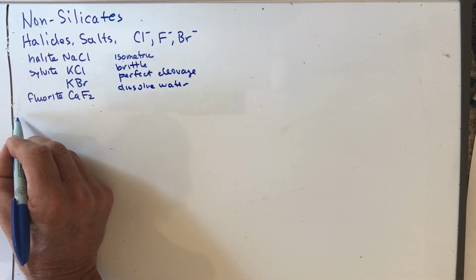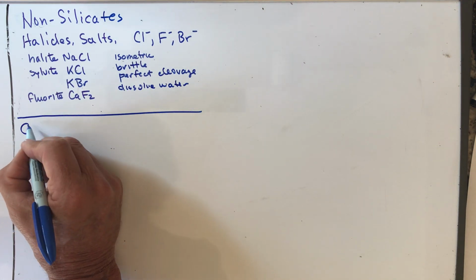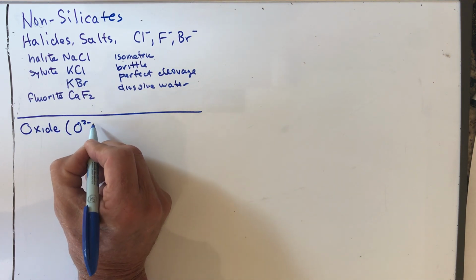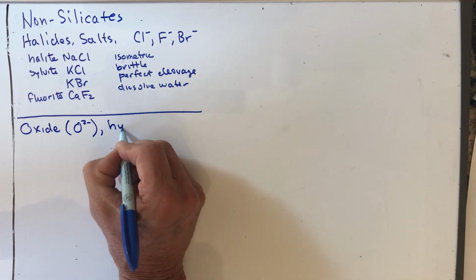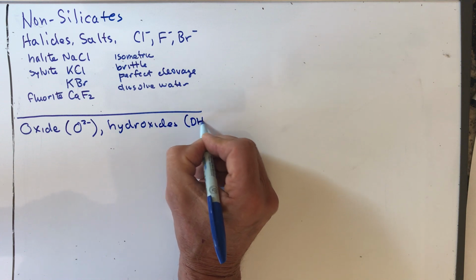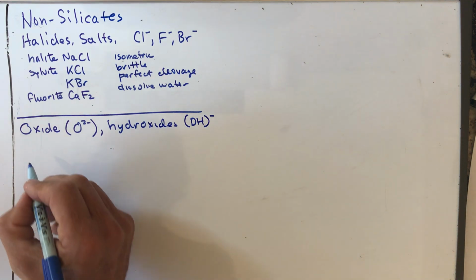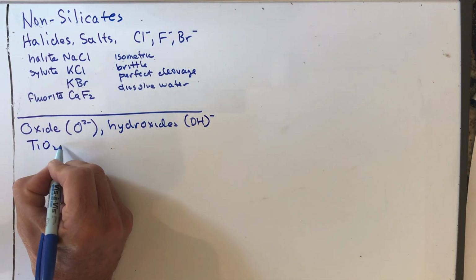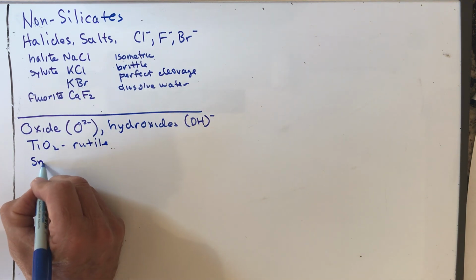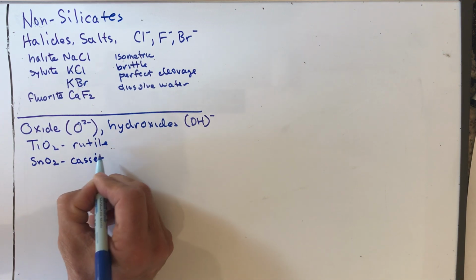The next group we're going to talk about are the oxide and hydroxide minerals. In oxide minerals, the anion is O2 minus, just like in silicates, and hydroxides include an OH group, which has a -1 charge. The oxides include simple oxides like TiO2, rutile, which is hexagonal, an important titanium mineral, and SnO2, cassiterite, the chief ore of tin,